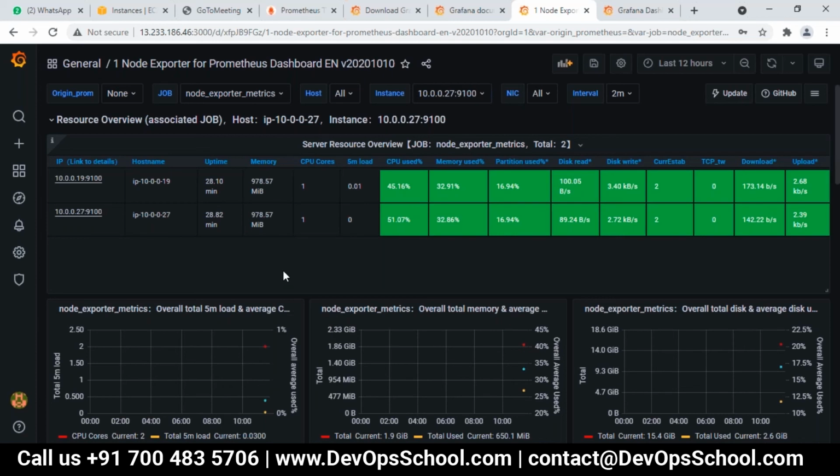So this is one way you can create a dashboard from the existing official documentation. Just mention the URL of it or the UID and mention the data source, and it will create the dashboard as per the template.